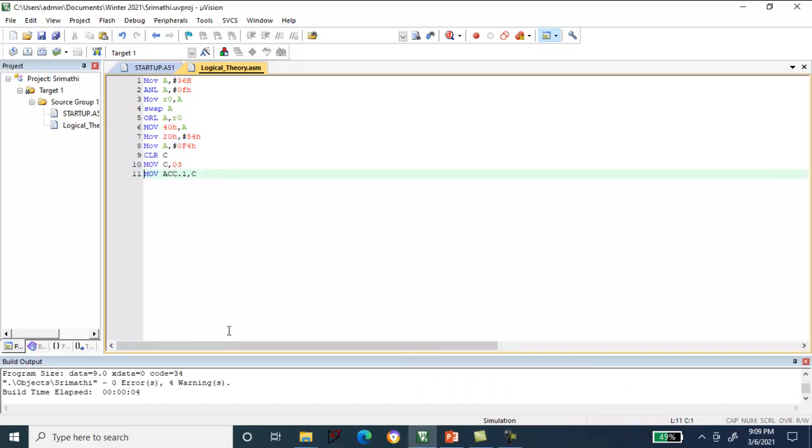Guys, I have typed the third program also here, that is the bit manipulation logical instruction, in the same program as the previous program. After this MOV 40H, A is the last program. The third program: the content 54H is available in 20H, and the content F4H is available in the accumulator. I need to move the bit position 4 of 20H to the bit position 2 of the accumulator. If I use the bit manipulation instruction, finally my accumulator should have F4. That is the result. You can verify the theory now.